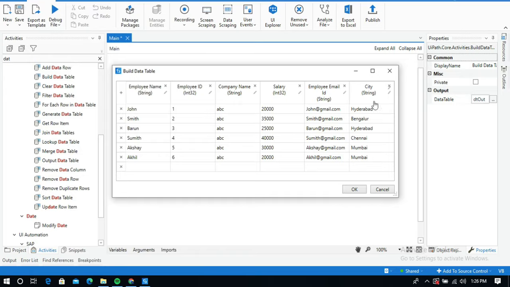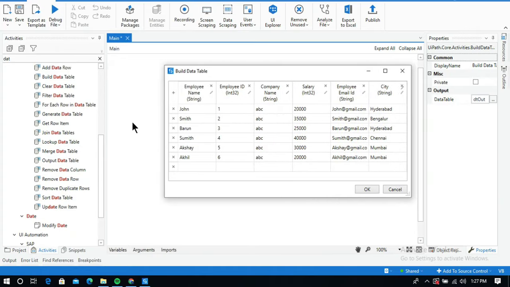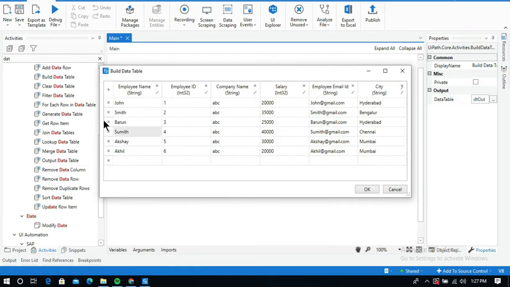In this task I am going to filter a row or a record using these values. In this data table I can filter records based on a condition, so I need to provide the value and operation in the filter wizard. For example, I am going to filter this record when the city is Chennai.